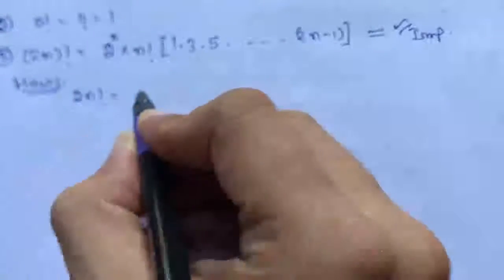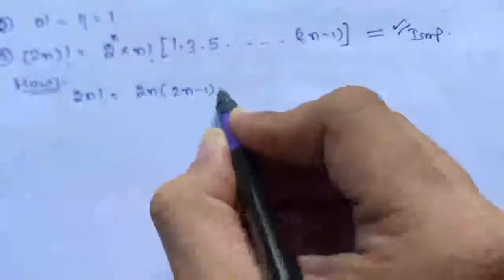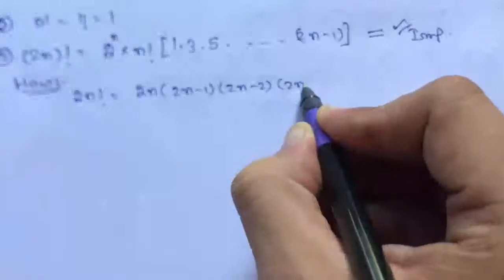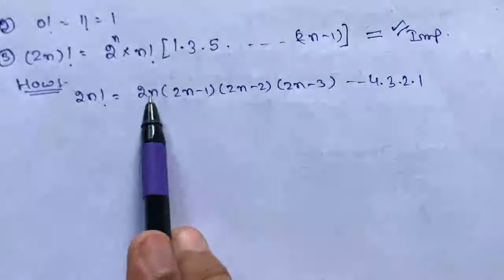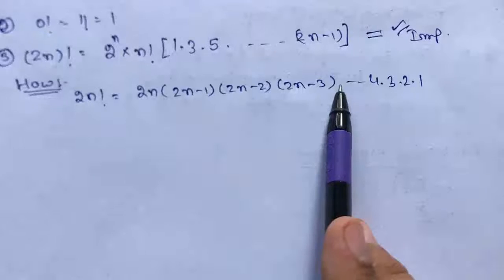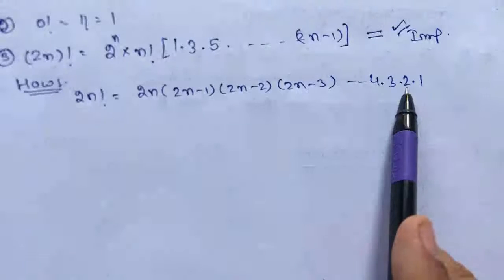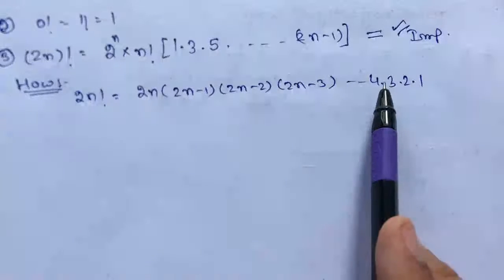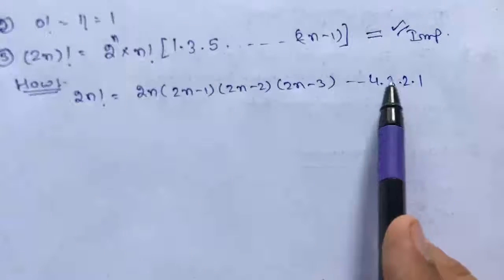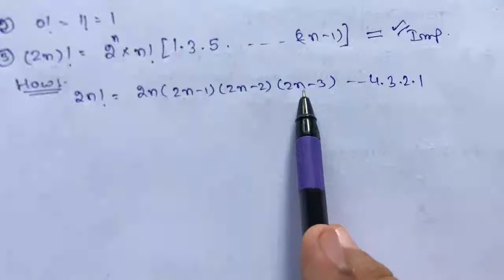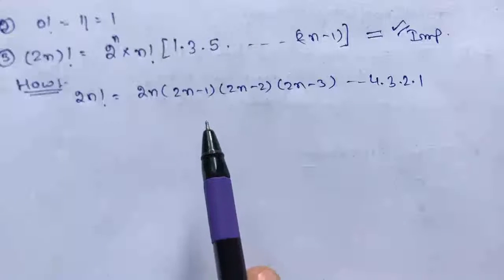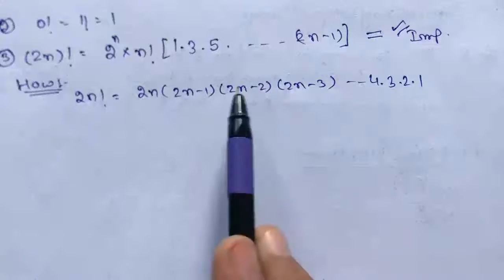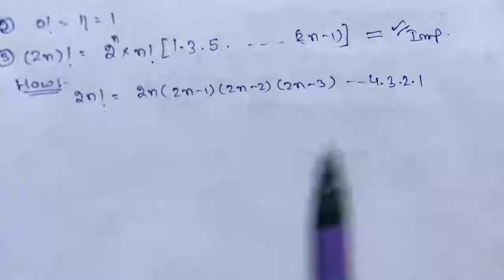We know 2n factorial will be equal to 2n, 2n minus 1, 2n minus 2, 2n minus 3, and till it will be 4 into 3 into 2 into 1. Okay. Now how many even terms will be there? 2n is even, 2n minus 2 will be even, 2n minus 4 will be even, and similarly 4 is even and 2 is even. How many even terms are there? There are n even terms, meaning 2, 4, 6, 8 till 2n minus 4, 2n minus 2 and 2n. And from every even term, what can we take? We can take 2 common. Means there will be a 2 from here, a 2 from here, a 2 from here, a 2 from here.